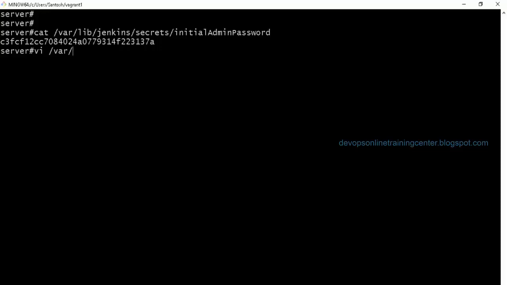That I have done. When you create a user, actually you have to give the permissions for the first time only. From the matrix-based security, you give all the permissions to that user so that you can log in next time. If you don't give the permissions, you just create the user and come out and try to log in, it will not work because you don't have any permissions.